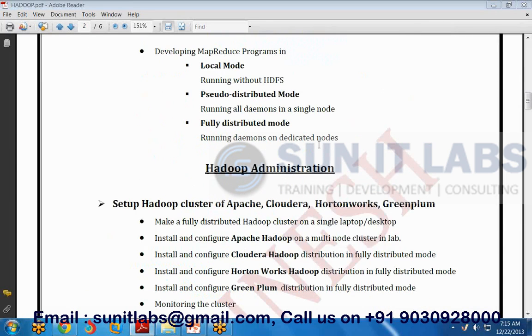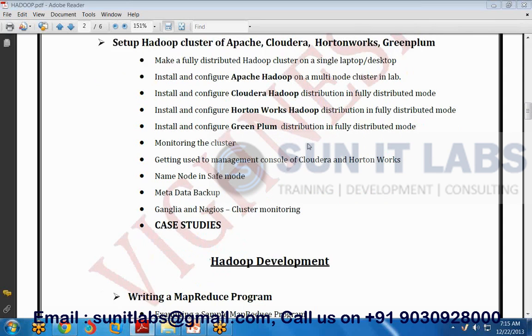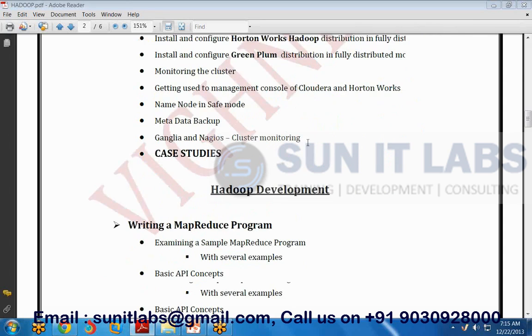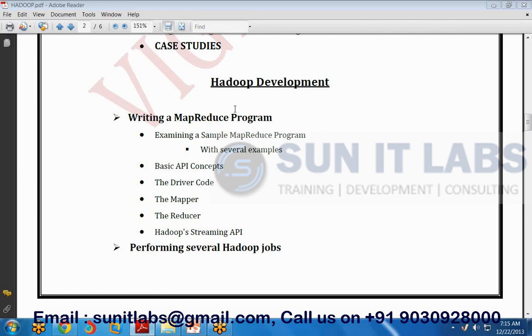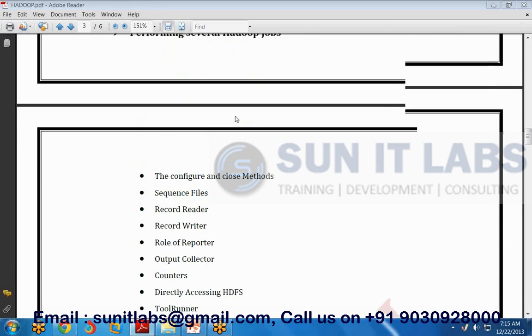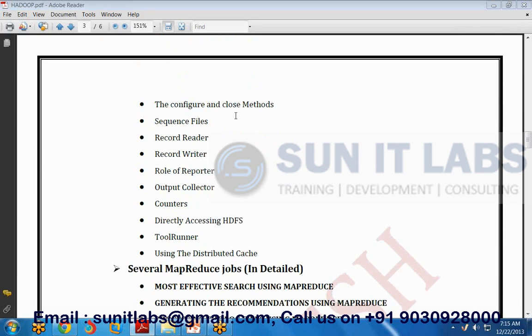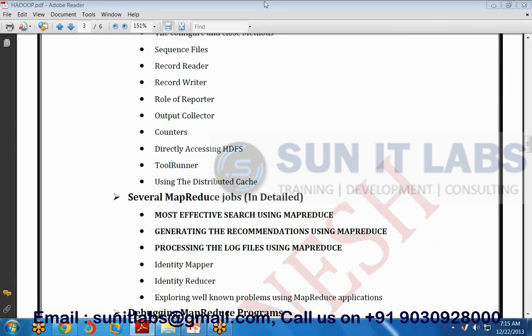going with Hadoop installations on your laptops and on your PCs, where we'll be going ahead with several distributions, starting with Apache and then Cloudera and then Hortonworks. When I talk about the Hadoop development, we will be initially starting with a simple MapReduce program and performing several Hadoop jobs where we can generate recommendations, do an effective search using Hadoop, and process the log files